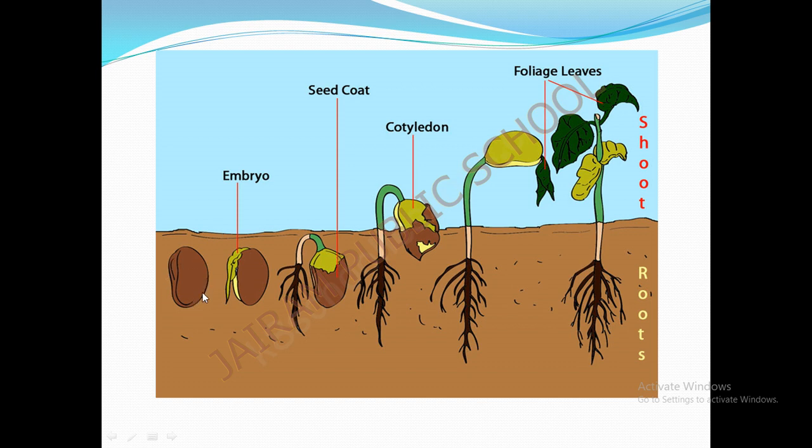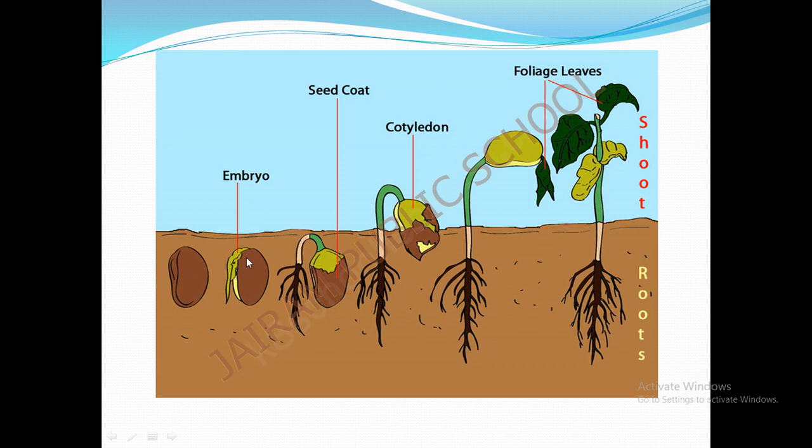First we plant a seed in the soil, and after that we water the seed. What is happening? First the root comes out. This is called the embryo. We have already seen in the parts of the plant what is meant by embryo. The embryo is the new baby plant, and the embryo first comes out from the seed.